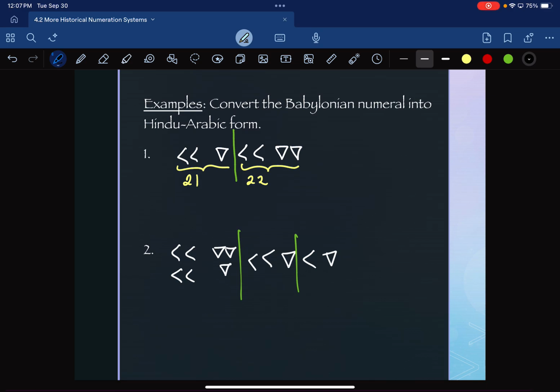We talked about the place value though, right? What place value are we in? Well, if we're on the far right, we're in the ones place. And if we move to the left, we move into the 60s place. So everything on the left-hand side of my vertical bar is the 60s place, and everything on the right-hand side, because there's only 2 spaces, is the ones place. And we're literally just multiplying. 21 times 60, 22 times 1, and adding. So I end up having